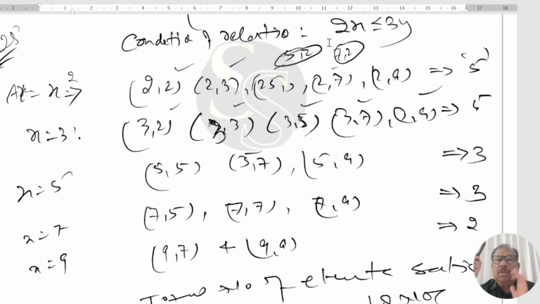2, 9 पे 9, 2 ये ऐड करना पड़ेगा. देन 3, 2, 2, 3 3, 3, 3, 5 पे 5, 3 ऐड करना पड़ेगा. 5, 3. 3, 7 पे 7, 3 है. ये 5. दिस इज 5. 3, 7 पे 7, 3 ऐड करना पड़ेगा. 7, 3. 1, 2, 3, 4, 5. देन